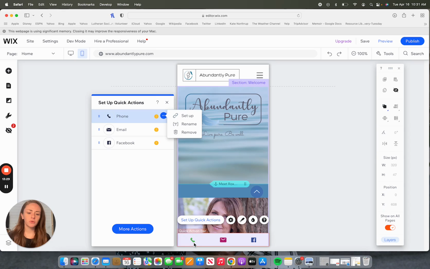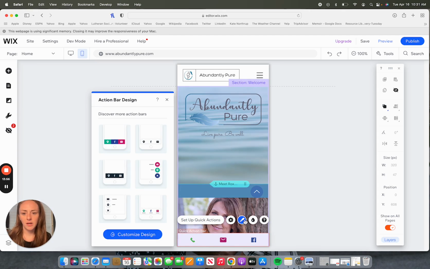Just like the menu, just like the back to top button, when you have this quick action bar selected, you're going to see all of the options that you have for that quick action bar. So you can set up your phone numbers so that it'll automatically call your business, your email, connect to any social sites, and then you can make the same type of adjustments to the visuals of this particular element. So the default, it looks like, is this kind of like colorful display,